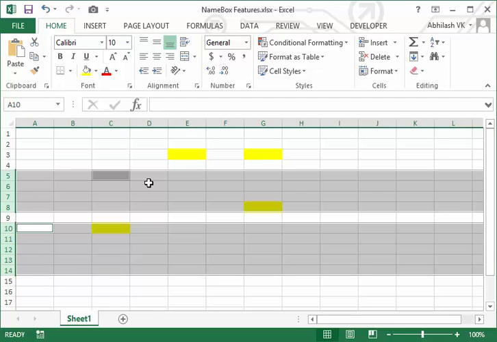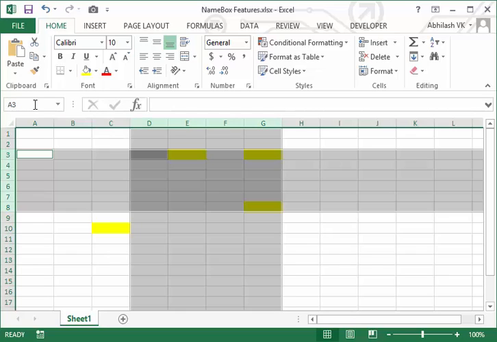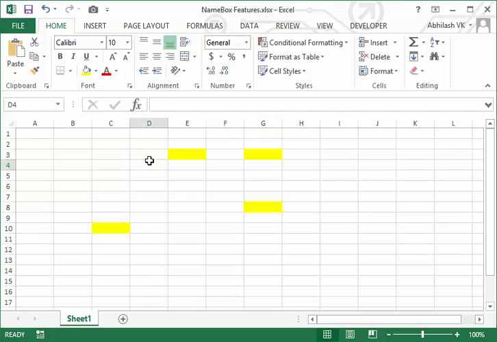So what if you want to use column ranges as well as row ranges? Simple. D:G, comma, 3:8. Hold the control button, hit enter. Boom. So D:G and 3:8, these two ranges will get selected. Make sure you use the control button when you are selecting different ranges.